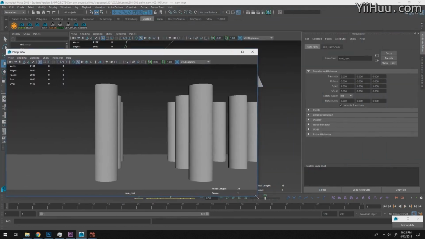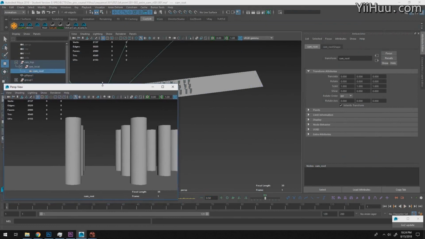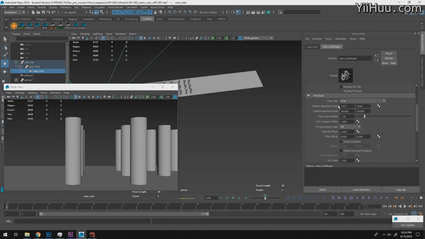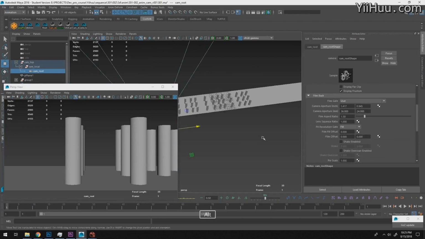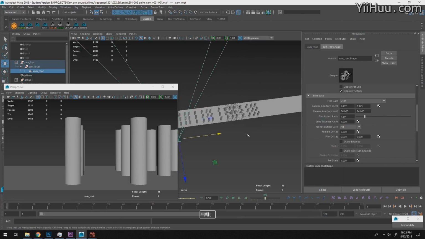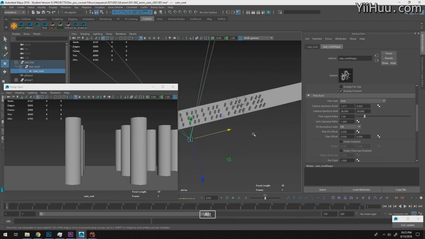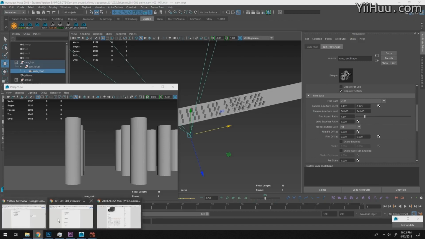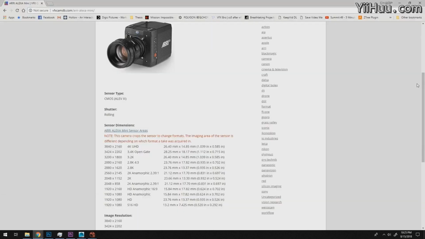Here I want to mention another very important parameter in the camera tab, which is the film back size, which is essentially the sensor size of the camera that I used. It doesn't really matter that much if you are doing a full CG shot, but when you work with the actual plate, you have to make sure that your camera is set to the exact film back that you used to shoot that plate. This is more for compositing purposes, like we want to make sure that when we are tracking the camera, we use the same film back. Here's the website called the VFX Camera Database,